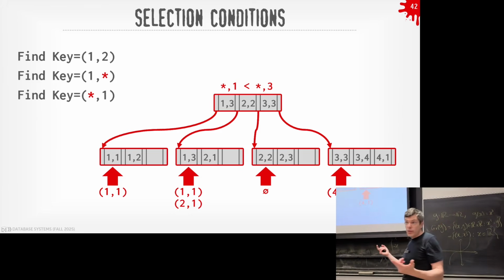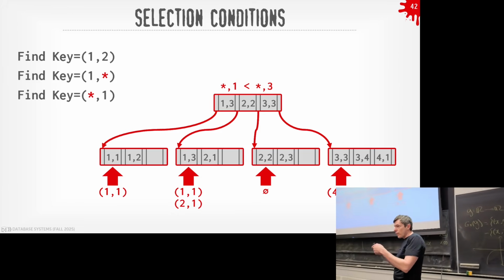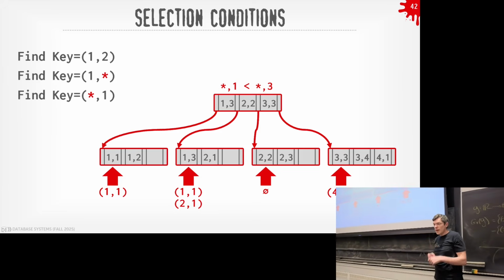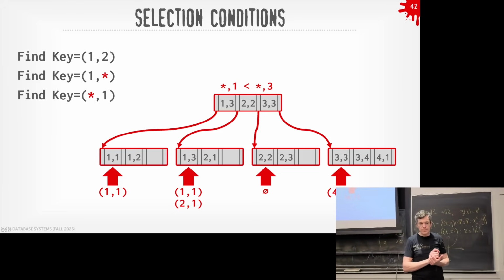Because again, this key is first sorted on A, then B. So all the A's, A equals 1, are going to be on one side, then 2s and 3s and so forth. And then the B values are sort of within each subset of the A values, like a group by with multiple columns.